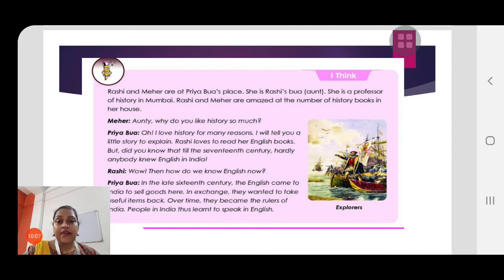In that live class also, I will explain who were the different types of European people who came to India, and finally how the East India Company established a rule. They threw away the French, they threw away the Dutch, and finally they were the sole ruler of the whole of India. Though they were foreigners, they established a rule over India.